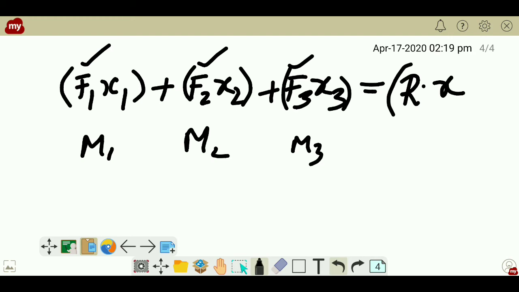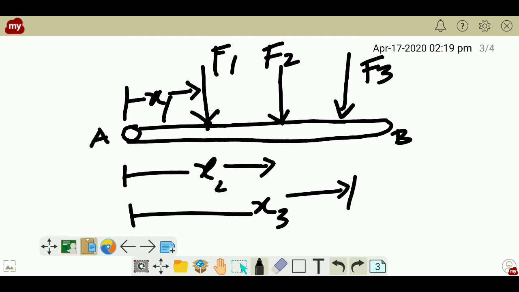This is nothing but the moment created by the resultant of all these forces, F1, F2, F3. Here I have added all the forces without mentioning any negative sign. Since all the forces are acting downward, making a clockwise direction, I have taken all of them as positive. If any force is acting in the reverse direction, like let us say,